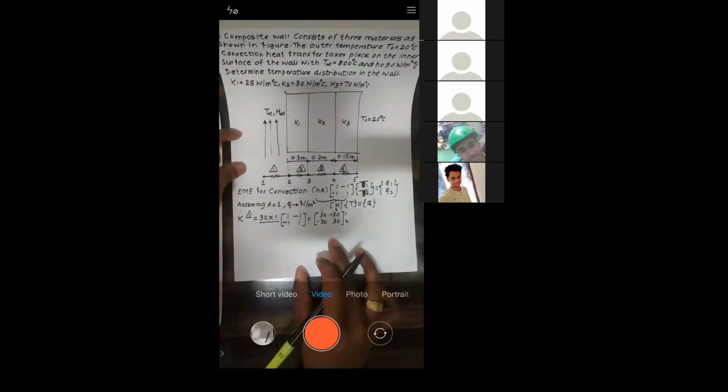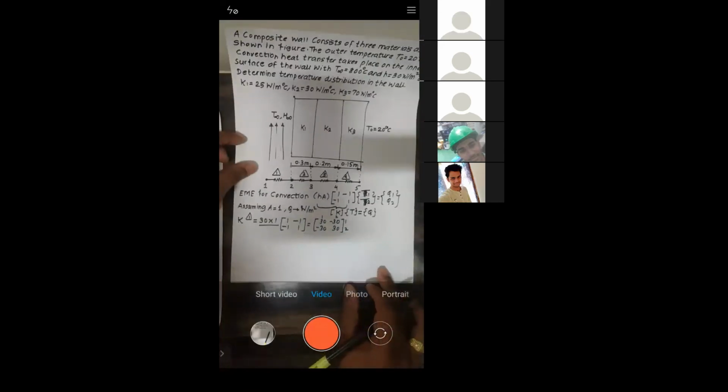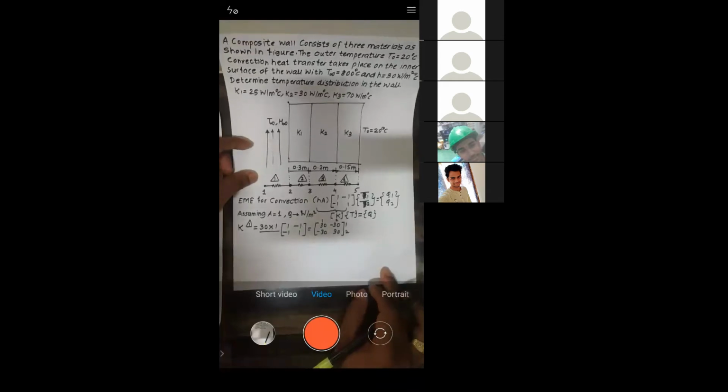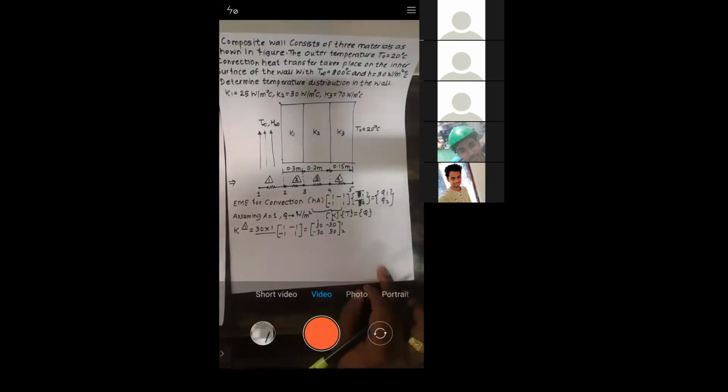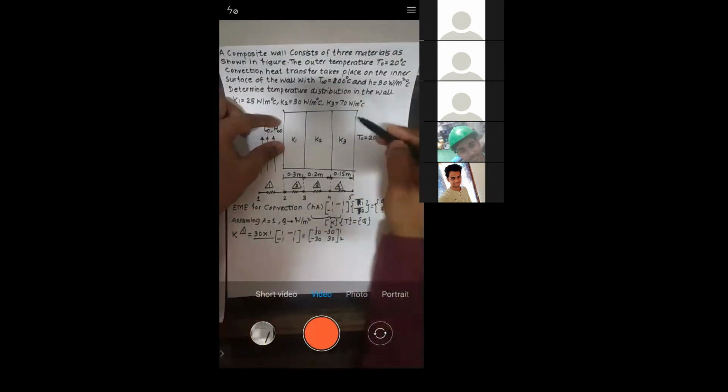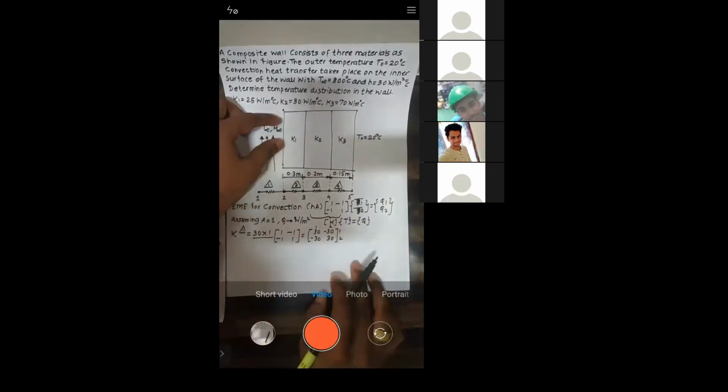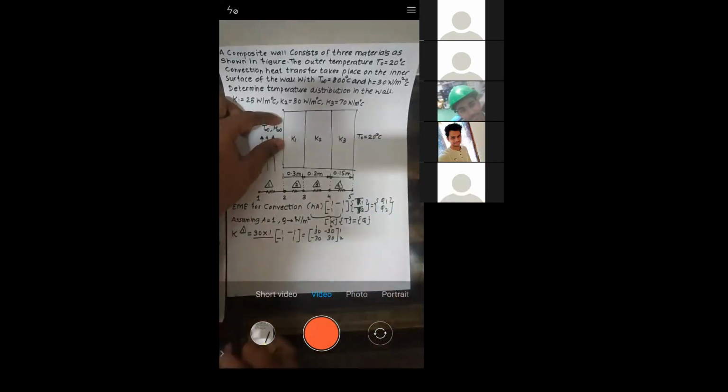Sir, why did you not take element number 5? The environment also has convection, right sir? Material to environment heat is going. See, your question is right. What do you want? You want the heat to be transferred from this face to the environment. So how will you calculate heat transfer? Whether they have given the heat transfer coefficient? Sir, can we assume the same? How can you assume?